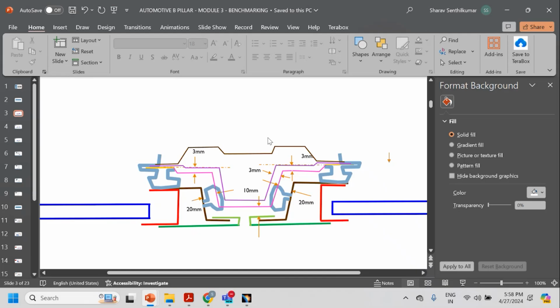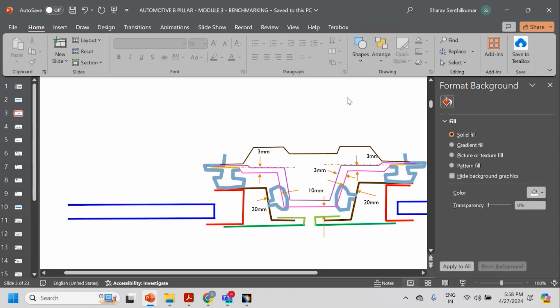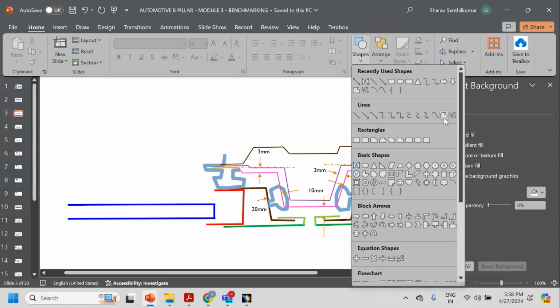This depth is based on the seat belt mounting, and the rest is made based on the boxy sectional requirement. For better door and B pillar stiffness during running conditions, the boxy section,